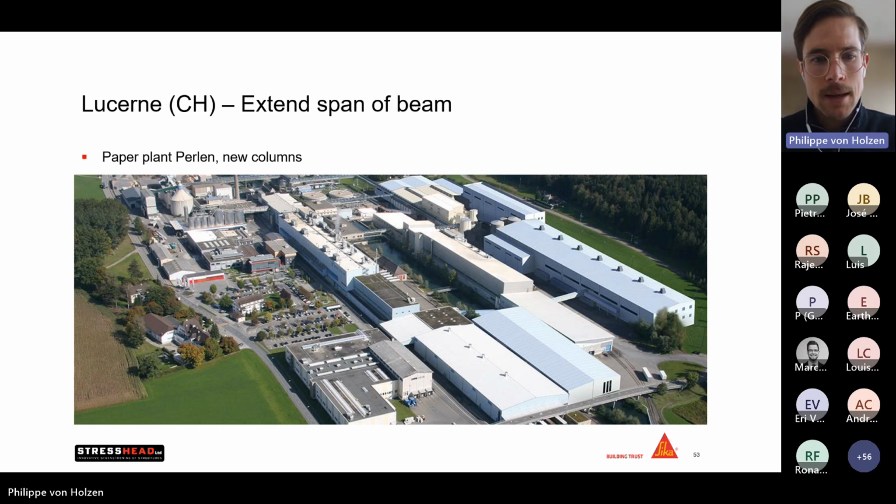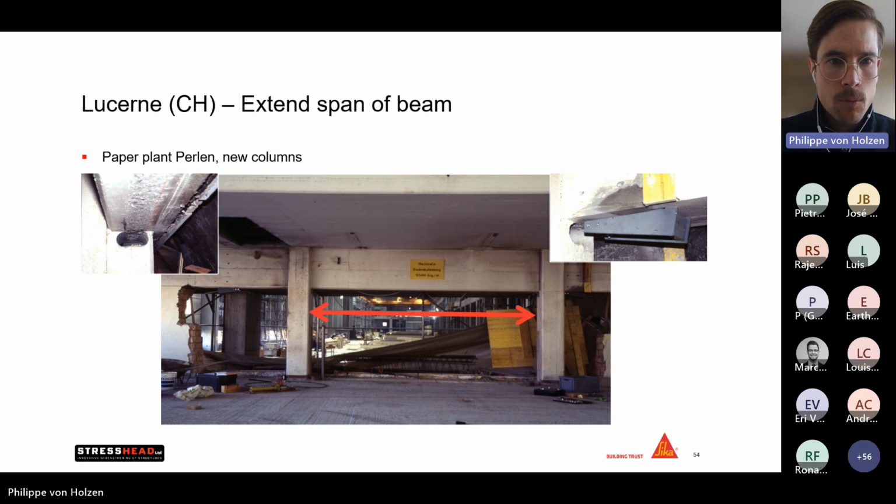A project where we used the system in a very similar way has been in this paper plant in Switzerland itself. The reason for this refurbishment, for strengthening, was that they wanted to install a new paper machine to print larger amounts of paper, but the distance between those 2 columns was too small to pass this new machine. Now, in this case, we recommended making local perforations in the upper part of the columns. As you can see, we installed here the anchorages outside of the columns. We passed the tendon through those perforations, post-tensioned that beam,